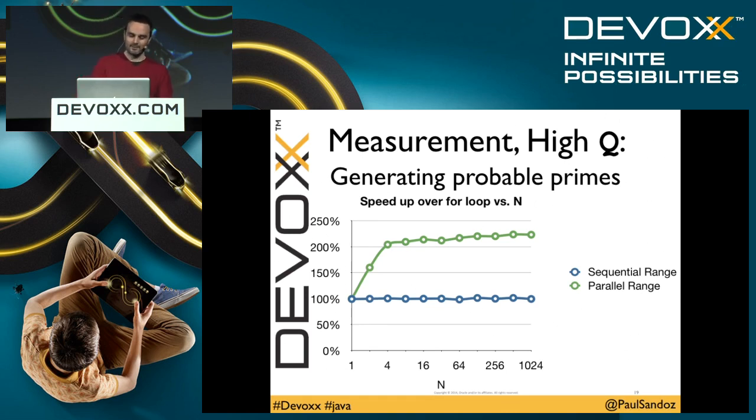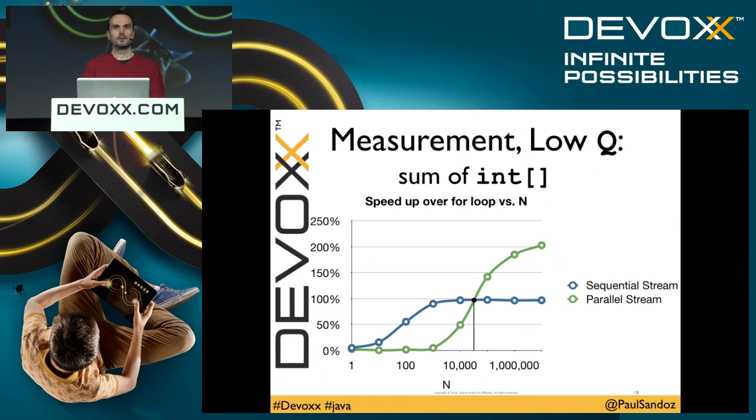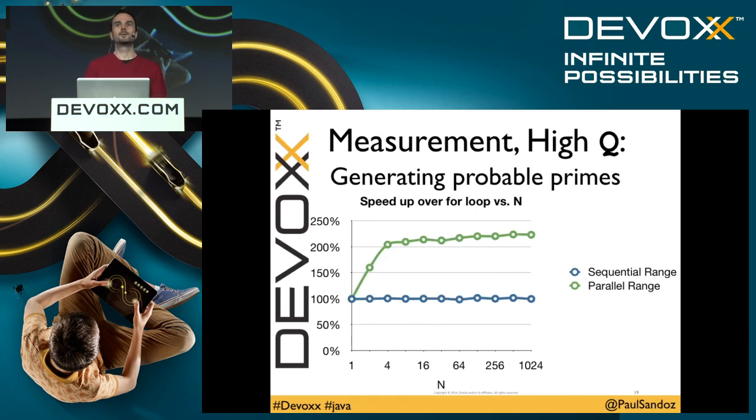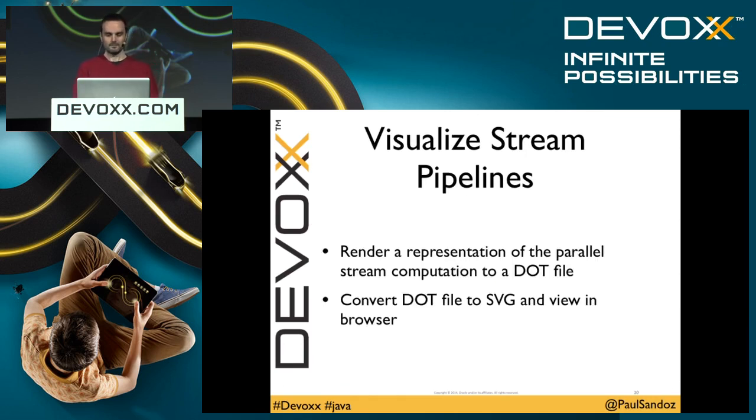When you're measuring these things, especially on Intel, it's best to switch off the hyperthreading, because if you have hyperthreading on, your results will be harder to compare, since strange things happen with hyperthreading. So you've got to be quite careful when measuring these things, especially if you want to get very good comparisons between sequential and parallel.